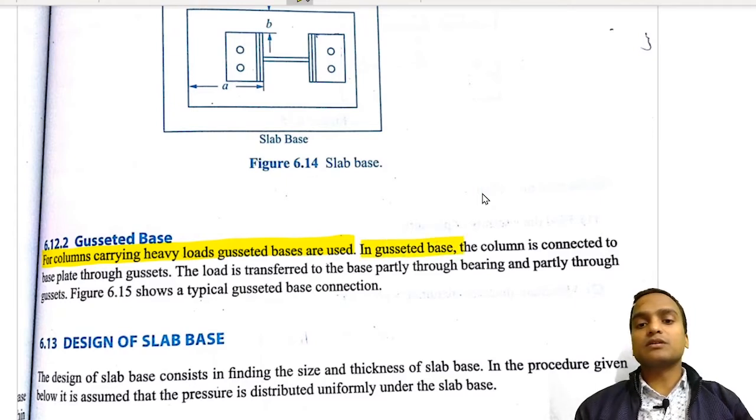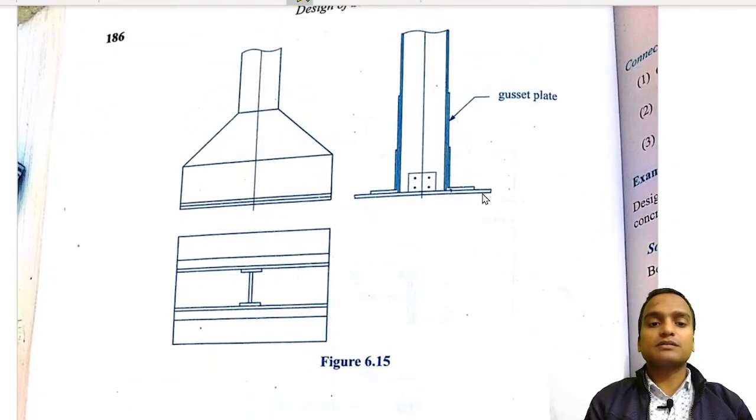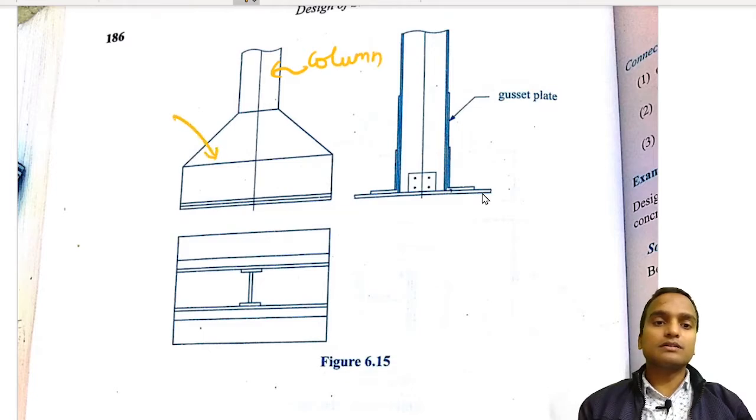So in gusseted base the column is connected to base plate through gussets, okay, and the load is transferred to the base partly through bearing and partly through gussets. So in this figure you can see the gusseted base plate, and this is the elevation view, okay, front view. So this is my column section, alright, and this is my gusset, and this which you are seeing is the angle section,